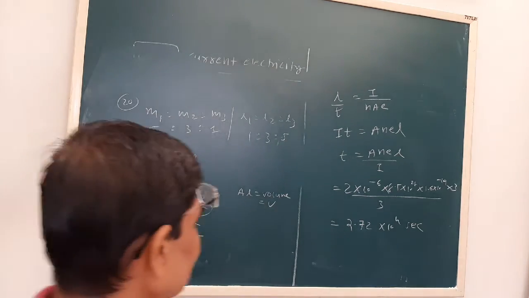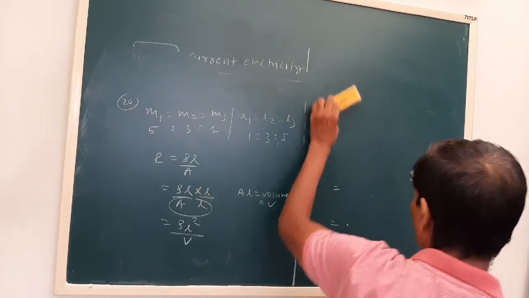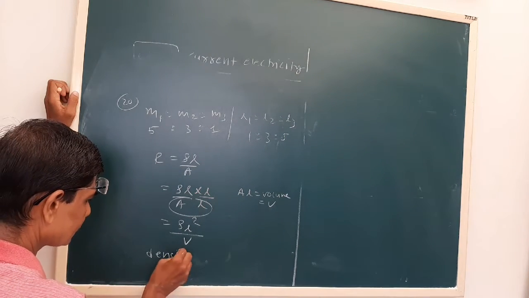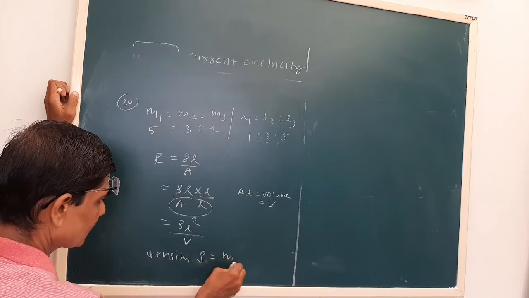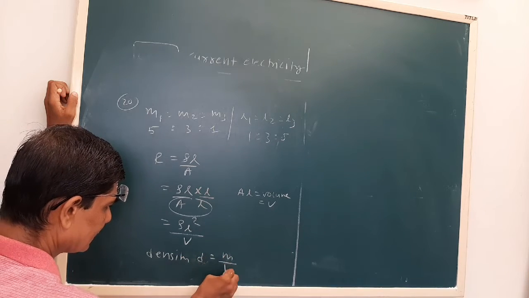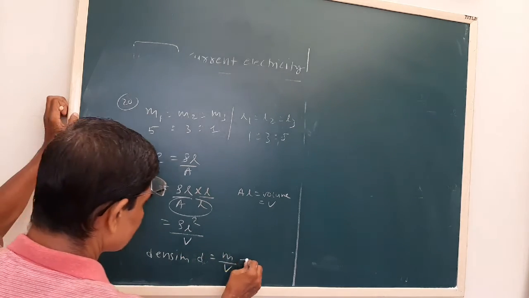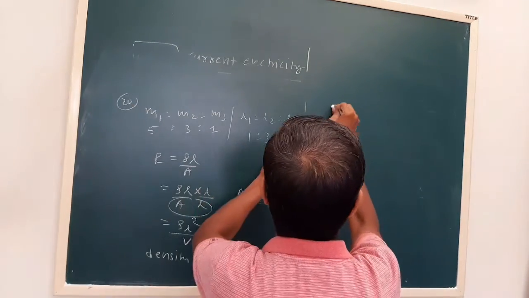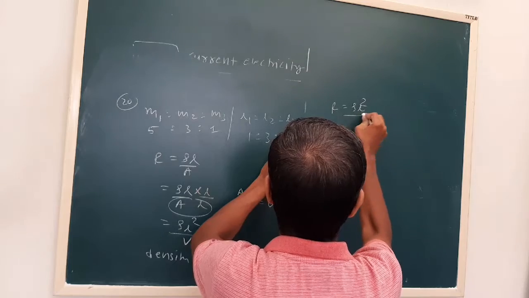Now see, we are familiar with the equation: density D is mass upon volume, so volume is mass upon density. So R is equal to rho L square upon